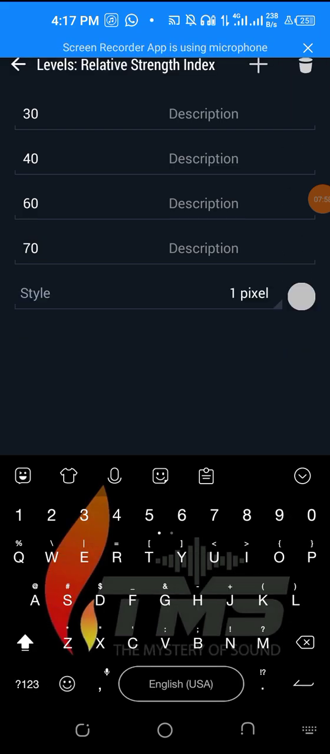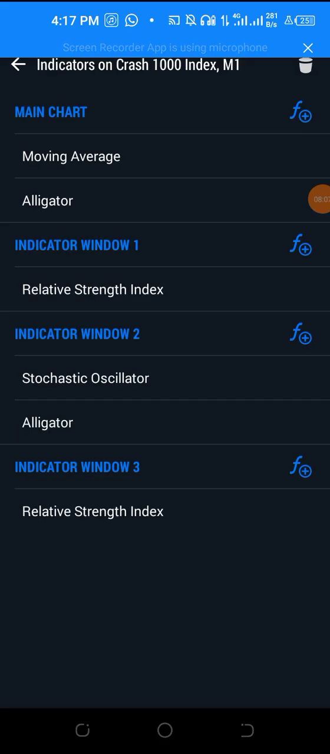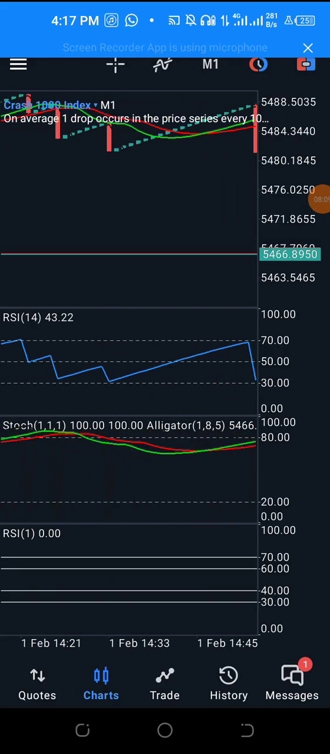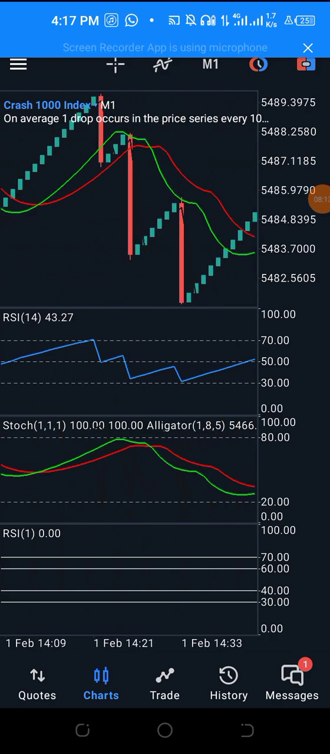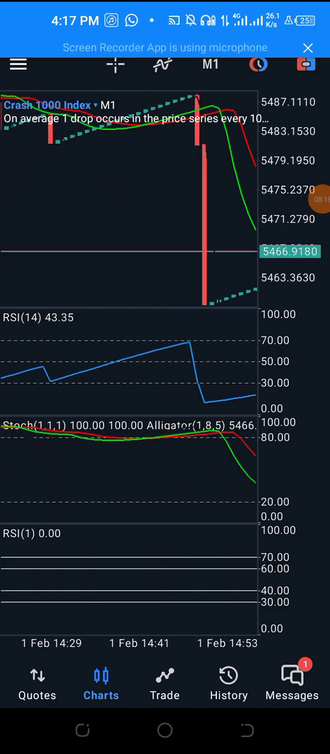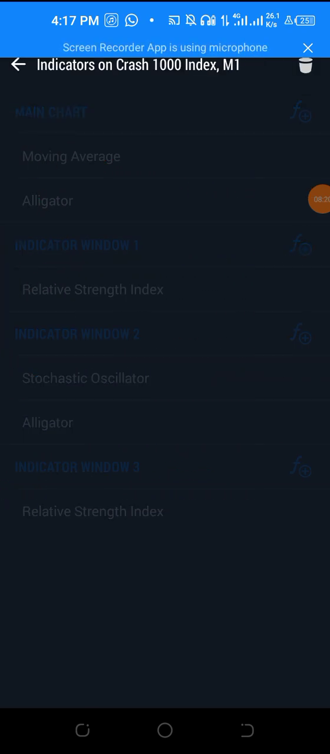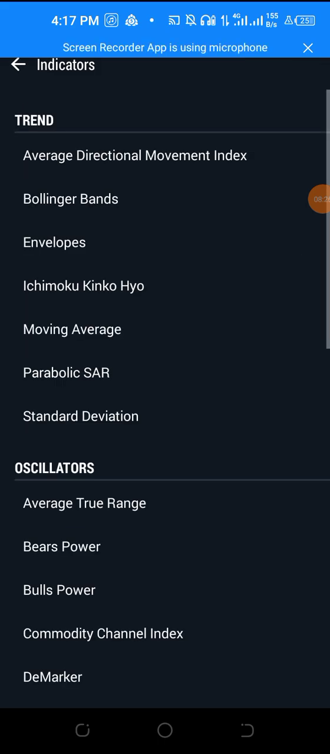You turn the pixel to 2 or 3. So when you have the pixel 2, it will be thicker. When you save it, you see it appearing here. So when you check, you see it's thick. The thickness is what we need, and you see there's nothing inside, it's just thick. So you now go back to this Naira sign. Now under this relative strength index, the last window 3, you click on this F plus sign on it. Then you look for bear power,